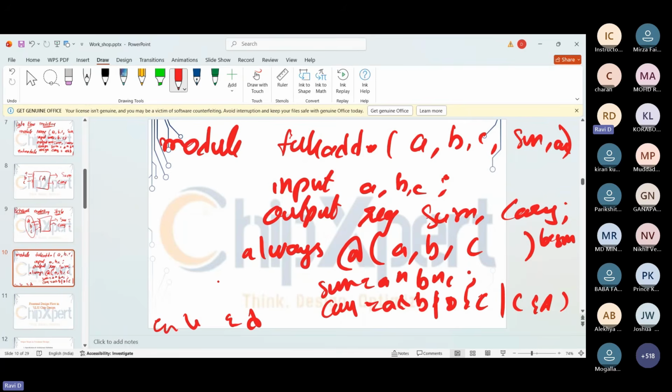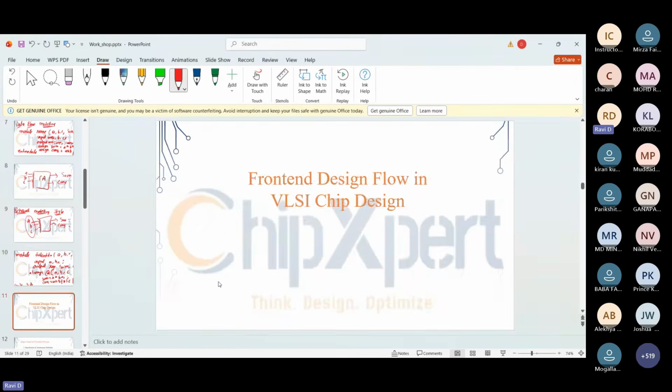If we design the code like this, we call it behavioral modeling. Here we are describing the behavior and writing our code. This is one way of writing your design. And the next way we have is the gate level modeling style. So what was the gate level circuit here? How are we going to design the circuit for the full adder? If you see the equation for sum, it is A XOR B XOR C, right?